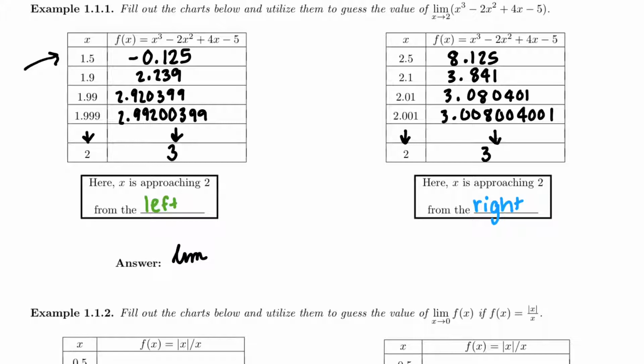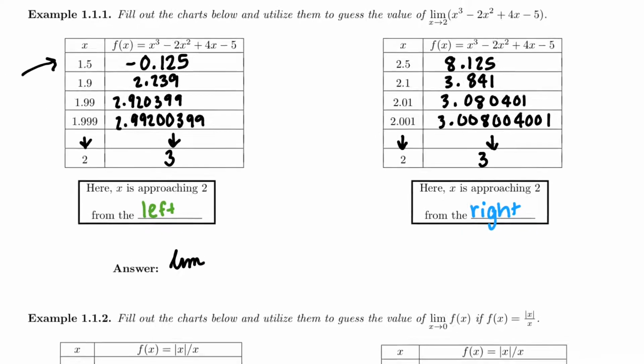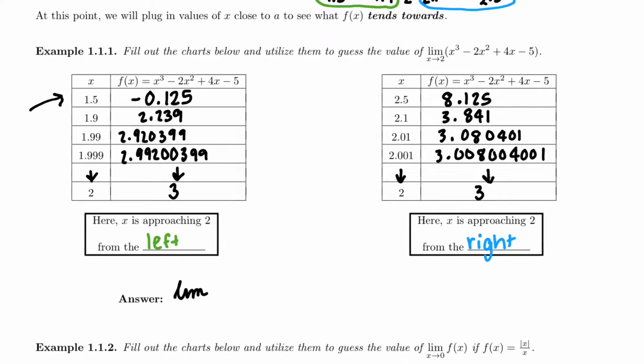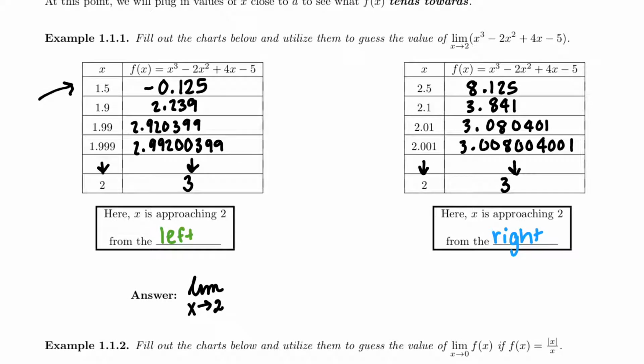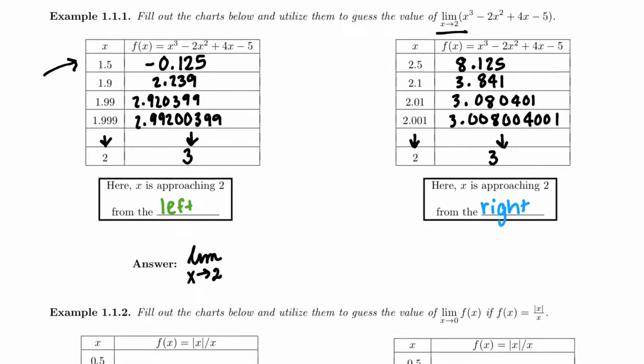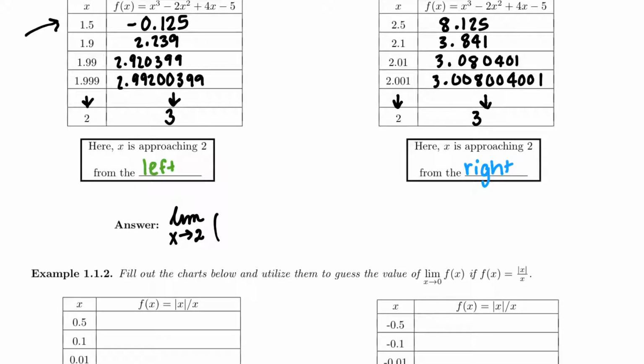So when you're doing this notation, sometimes students start to get lazy and they don't put this limit part in. This limit part is not optional. So when I write my answer here, you have to put the limit as x approaches 2, because we are finding the limit as x is going towards 2 of our function, which is x cubed minus 2x squared plus 4x minus 5